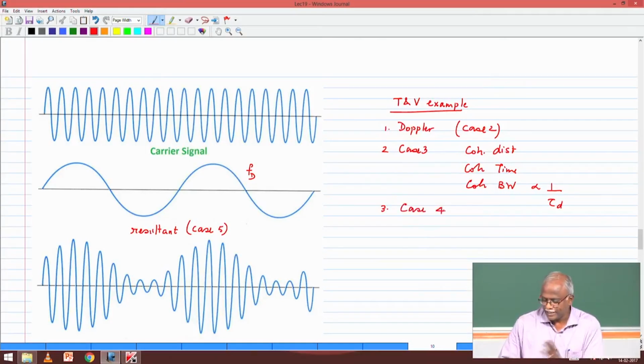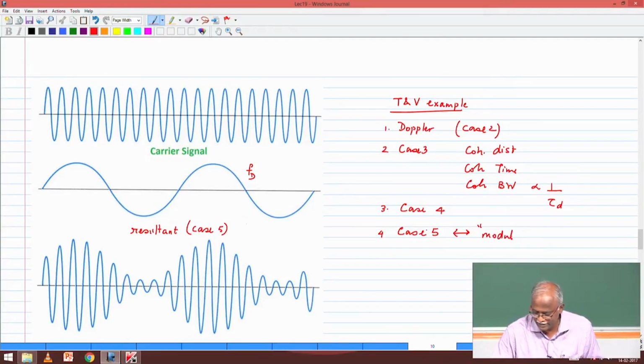Case 4 basically combined Doppler and the multipath components, and case 5 basically gave us the effect of the modulated signal. I will put modulated within brackets because it causes the envelope of the electric field to go up and down at the rate of the Doppler frequency. So case 4 gave us Doppler plus multipath,